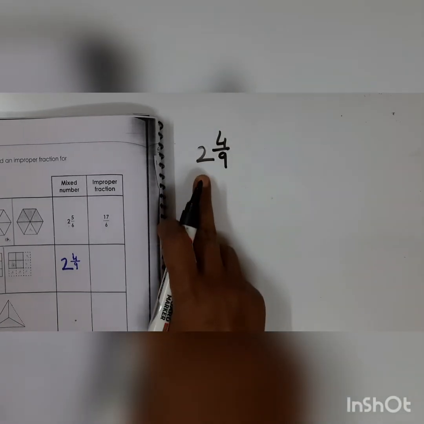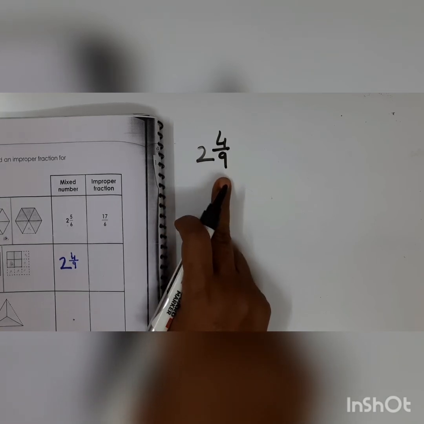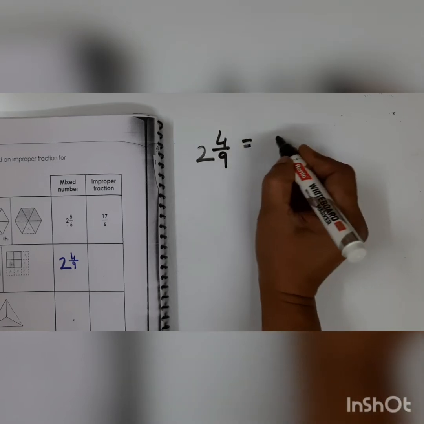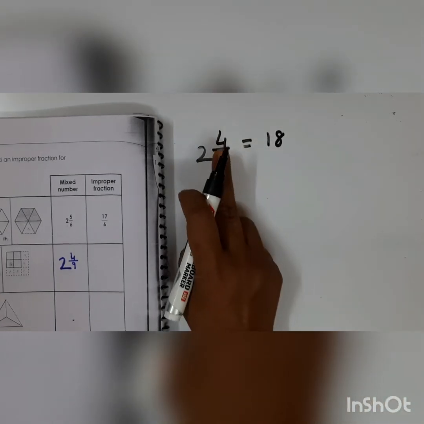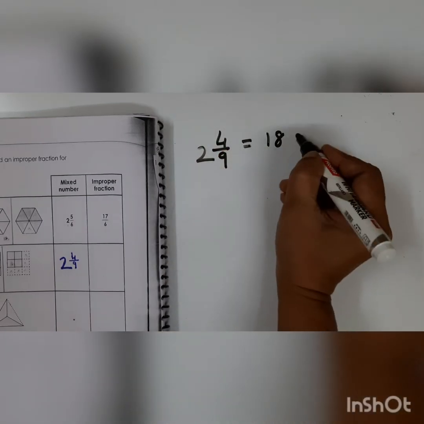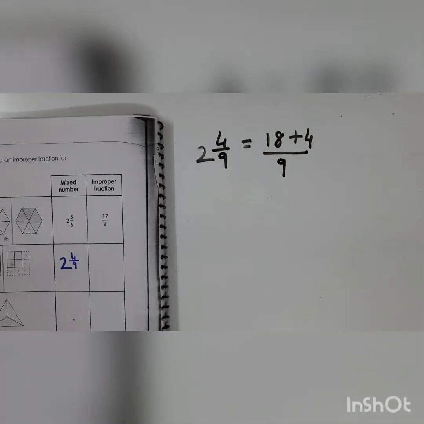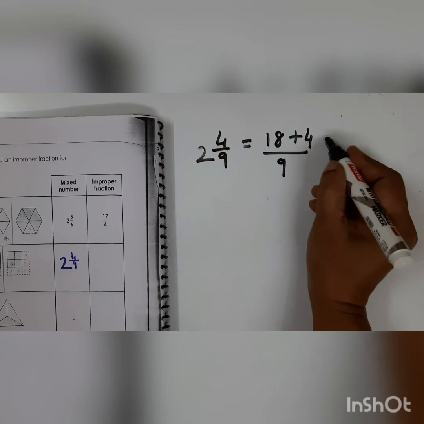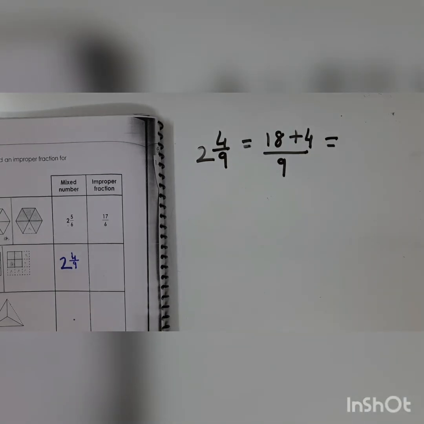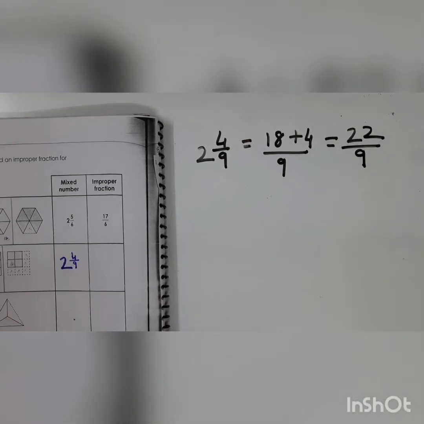What do I have to do? Children, what is step 1? Multiply the whole part, which is 2, by the denominator. So, 2 nines are 18. Now you have to add the fraction. Step 2 is what? Add the product to the numerator of the fractional part. So you add 4. And what happens to the denominator? Same. Very good. Now, 18 add 4. You can do this mentally, children. 18, 19, 20, 21, 22. So it's 22 upon 9. Got it? Simple?